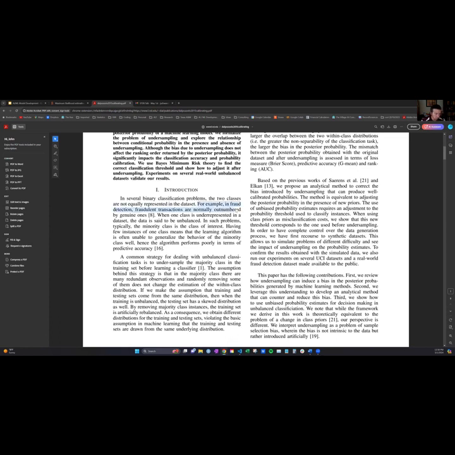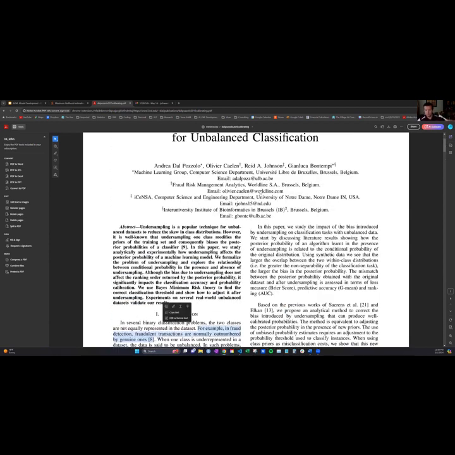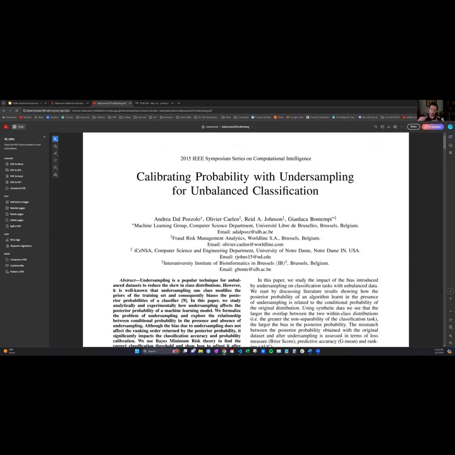In fraud detection, fraudulent transactions are normally outnumbered by genuine ones. This is the exact problem you're talking about, and this would be the solution. You would take all of the fraudulent instances that we have. And we have so much data going back 20, 30 years.